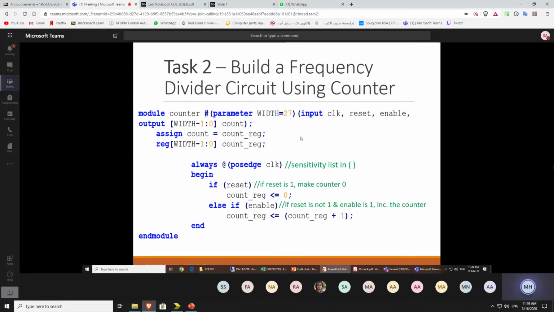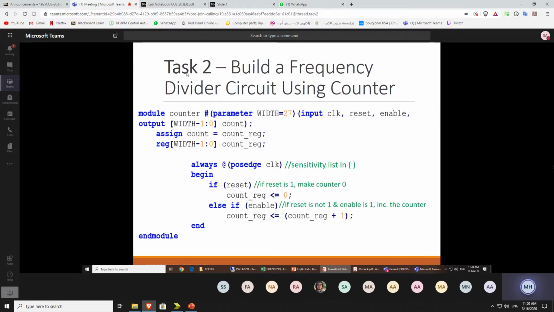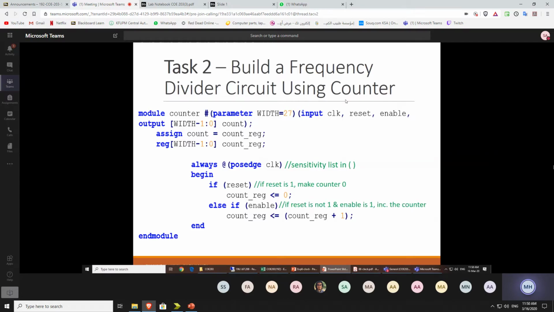Because we want to get 1 Hertz frequency, right? But to tell you, 1 Hertz is not a power of 2, so we will not get exactly 1 Hertz. It will be approximately 1 Hertz. Okay, so we will write a code in Verilog to make a counter of 27 bits, because